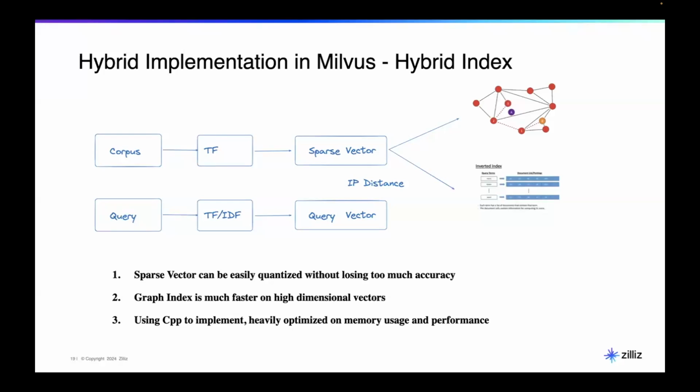Graph-based index is actually pretty good when you have long context, when you have large top K. And the better part for graph index is you can utilize a lot of machine learning things. For example, you can do quantization on top of it. You can do a lot of hardware acceleration on top of it. We use SIMD. Also, they are written in C++. So the performance is actually much better.